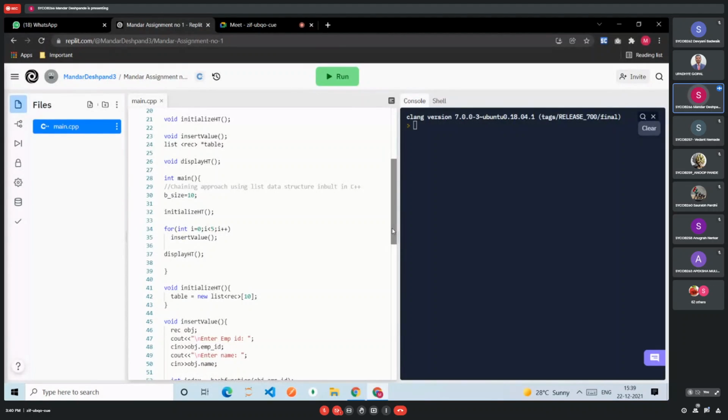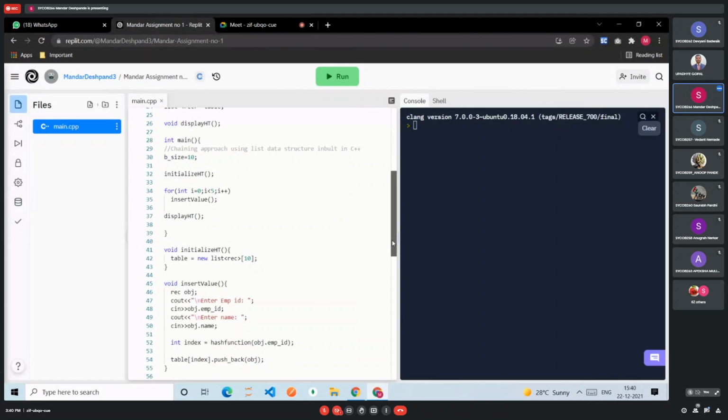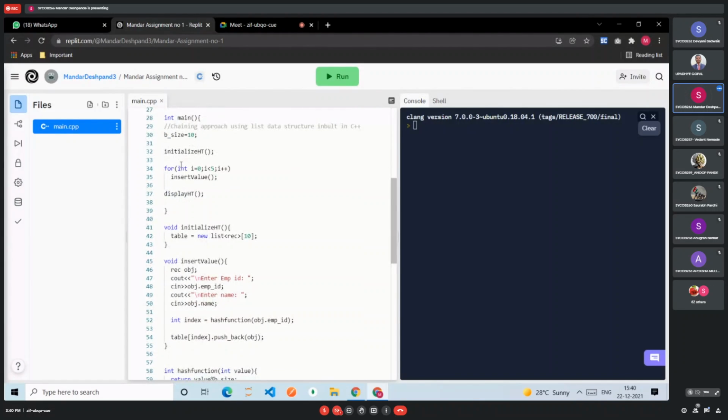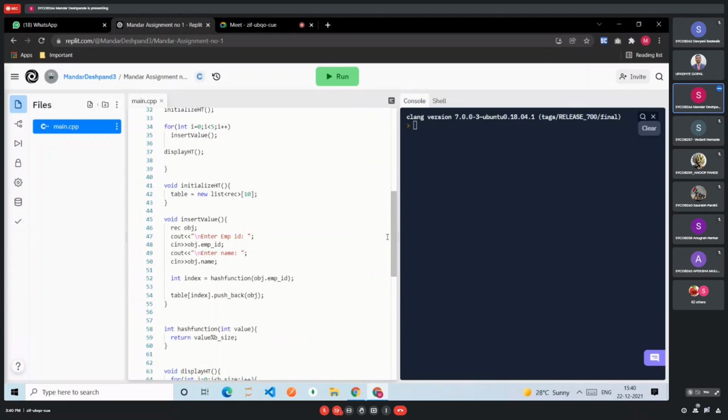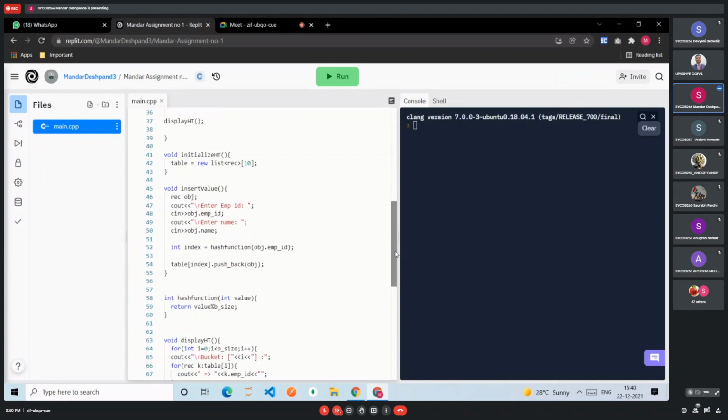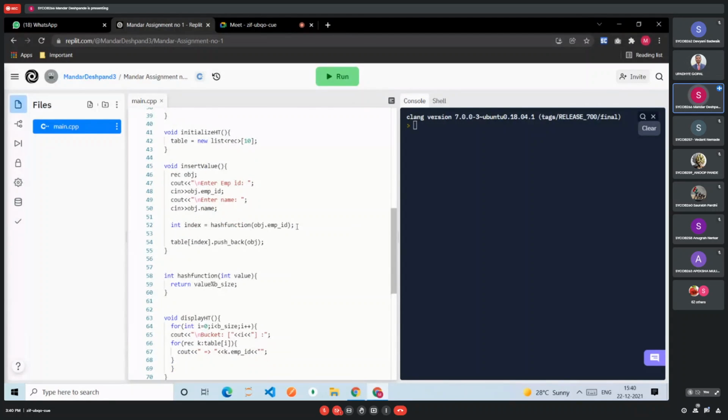For the hash table I initialize the size with the value 10, and I do the loop and the entry of 5. It asks to write the employee ID and the name 5 times. The loop will run 5 times.